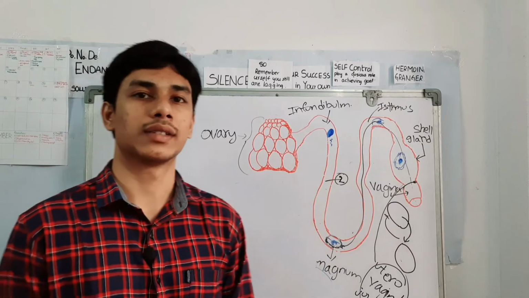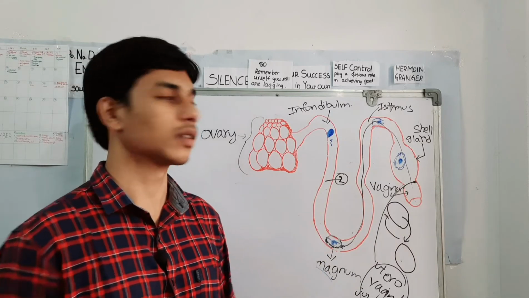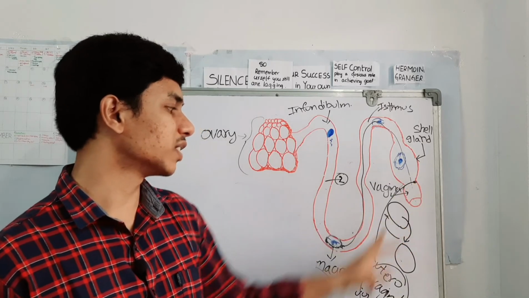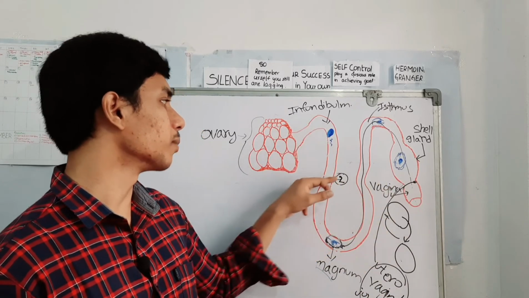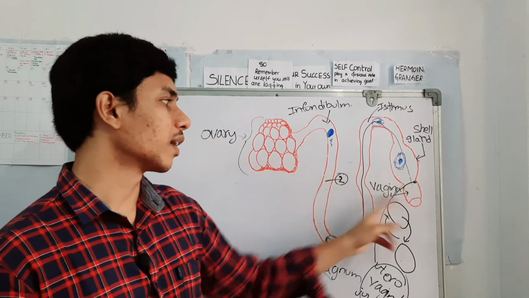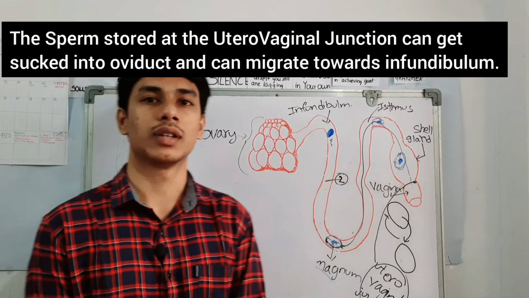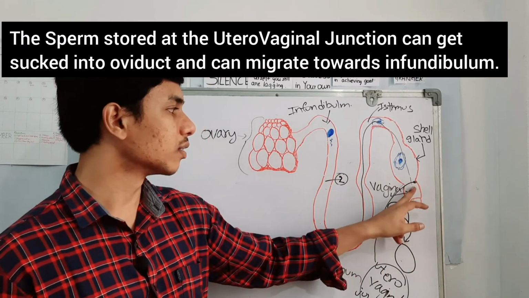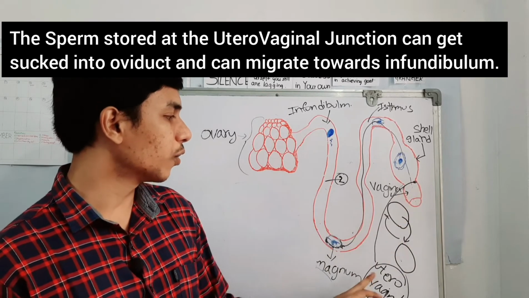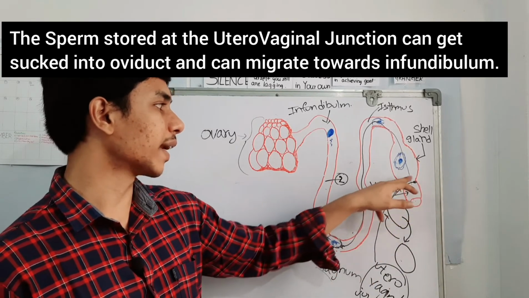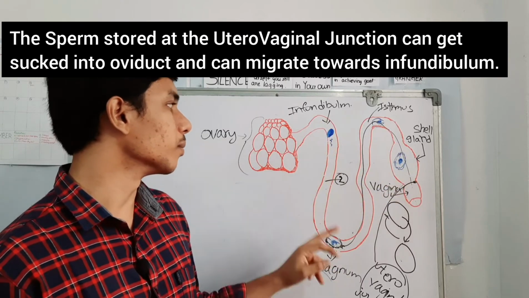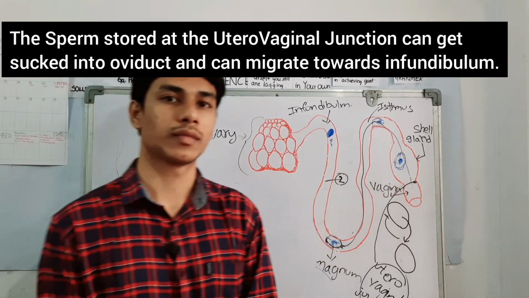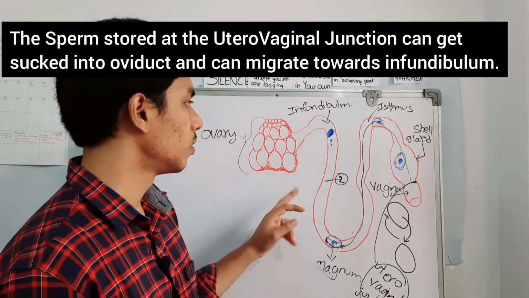There are two sites in the oviduct to store sperms. One is at the uterovaginal junction and the second is at the lower part of the infundibulum. These two sites can store sperms. The sperm stored at the uterovaginal junction can get sucked into the oviduct and reach the infundibulum. In this way